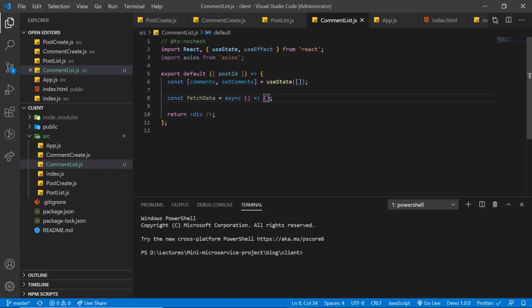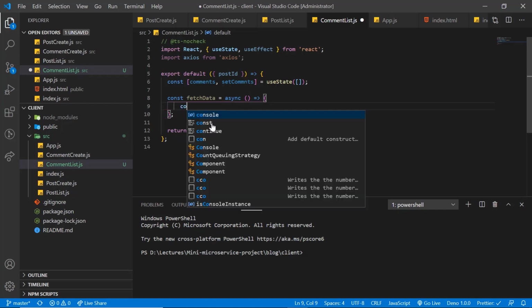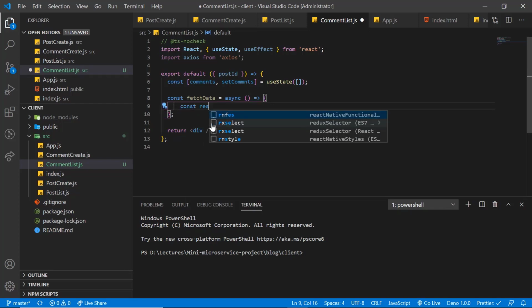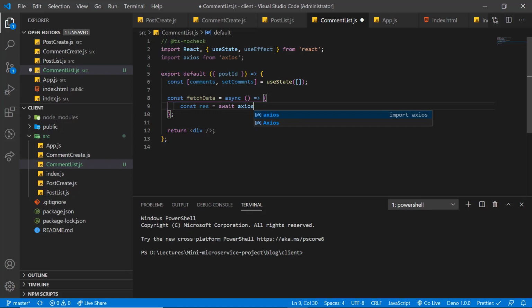Inside this function, we will get some response, say const res, from calling await axios dot get method. Inside this get, I am going to use a template variable. So use backtick here and write down the URL from which we want to fetch all the existing comments. I am assuming you guys still know that our application is running on port 4001.